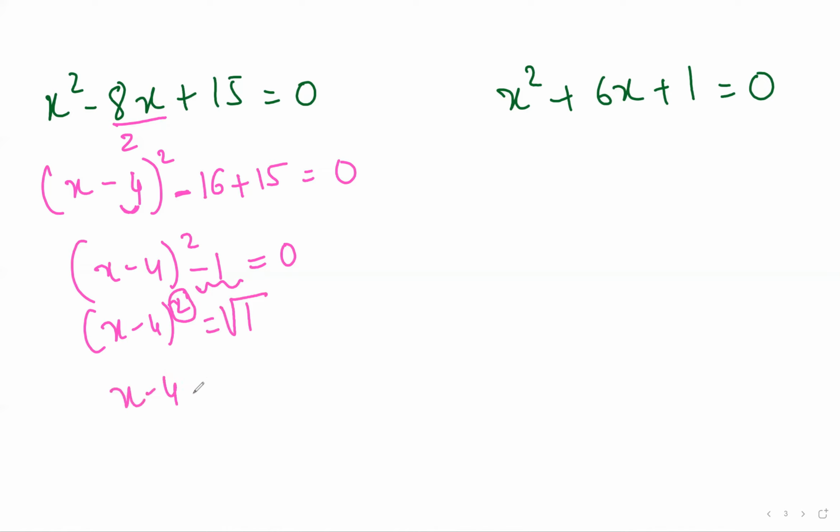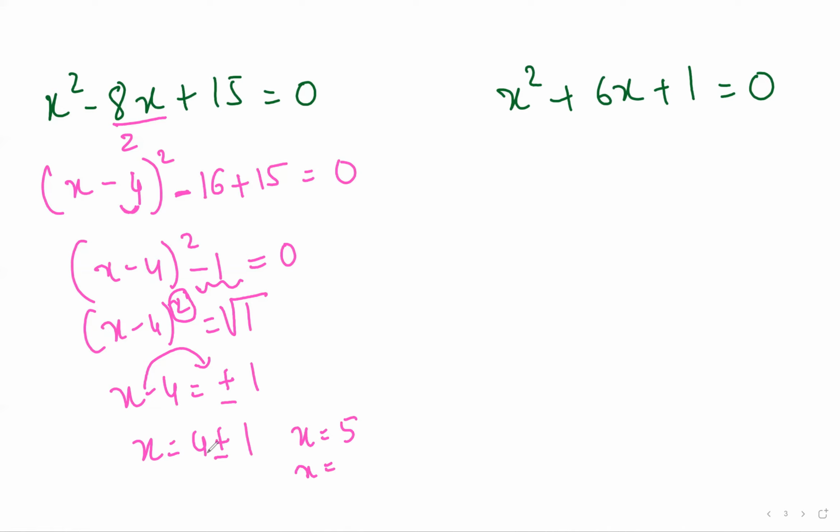So x minus 4 is equal to plus minus 1, because 1 multiplied by 1 is also positive 1, and negative 1 multiplied by negative 1 is also positive 1, right? So we will do it like this. x is equal to... negative 4 goes on the other side. Rule of equation: variables on one side, numbers on the other side. So x is equal to 5.